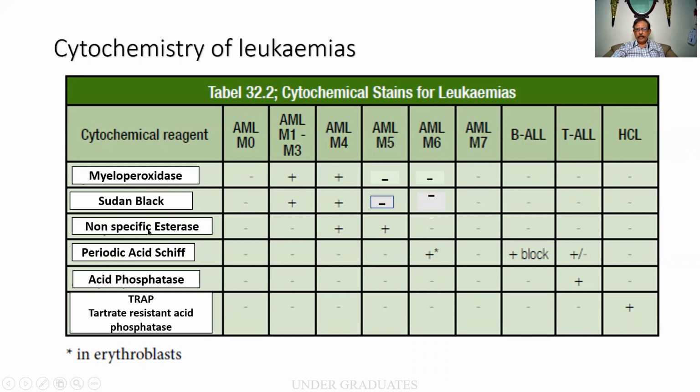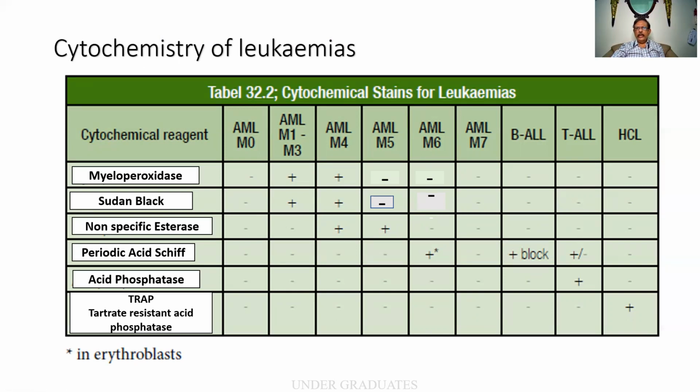Non-specific esterase is positive only when the monocytes or monoblasts are present. Therefore, M4, this is a monocytic leukemia. Therefore, it is positive. And this is monocytic leukemia. Again, it is positive. Non-specific esterase is positive in these two conditions, negative in all. Periodic acid Schiff. It is not periodic. It is periodic acid Schiff. Is positive in a case of ALL. The cells will be showing block positivity as though it has blotted out. Whereas fine granular positivity can be present in erythroleukemia. Block positivity is seen in ALL, can be asked as an MCQ.